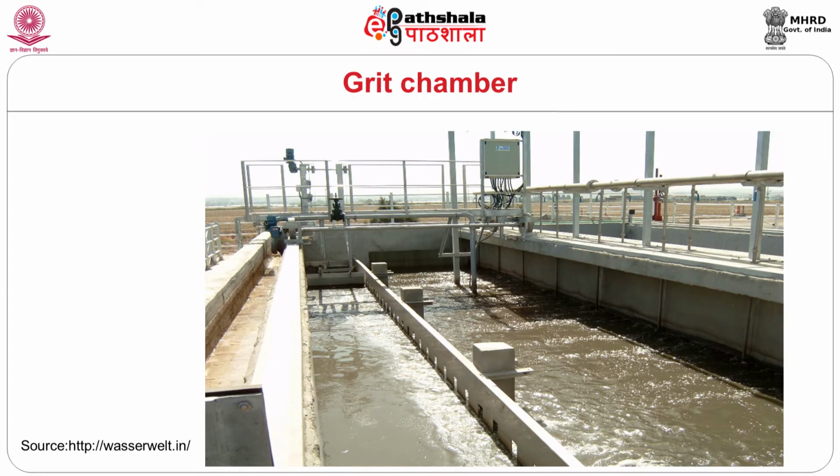The grit chamber is normally connected at the downstream side of the screening facility. With the help of the grit chamber, we are trying to remove grit particles present in the effluent wastewater. Normally, with the help of this facility, we are trying to collect sand particles, eggshell and other inorganics present in the effluent water. These inorganics are heavy when compared to water. The specific gravity of inorganic material may be in the range of 2 to 2.65. The specific gravity of water is 1.